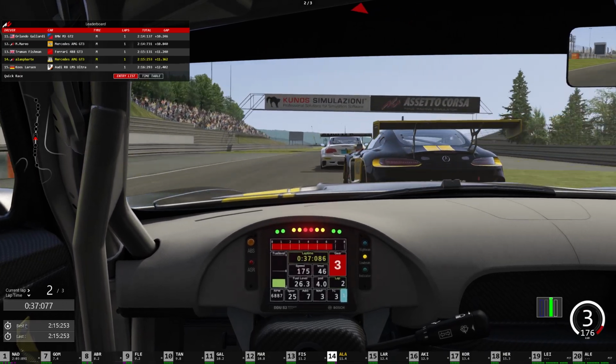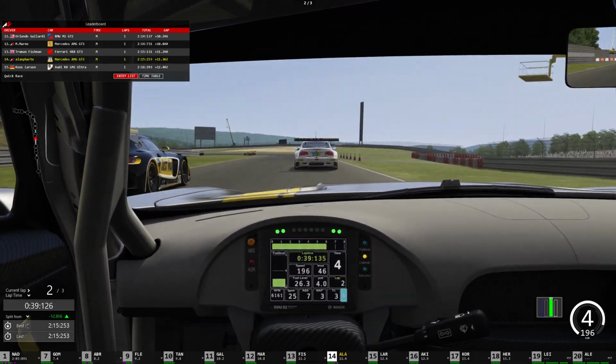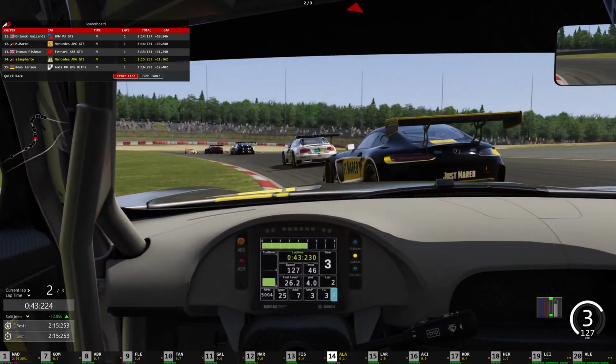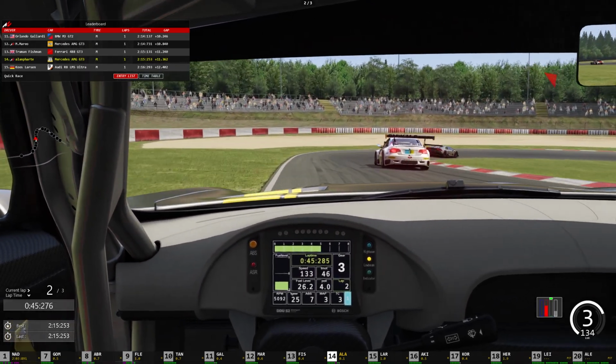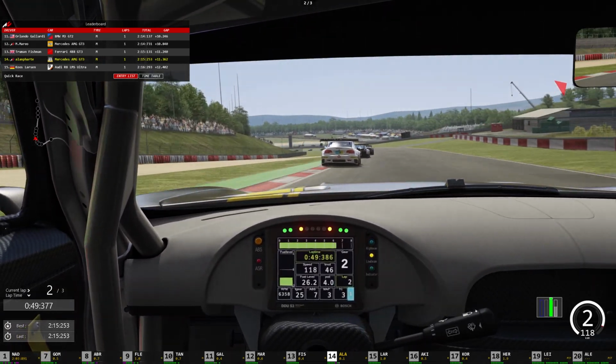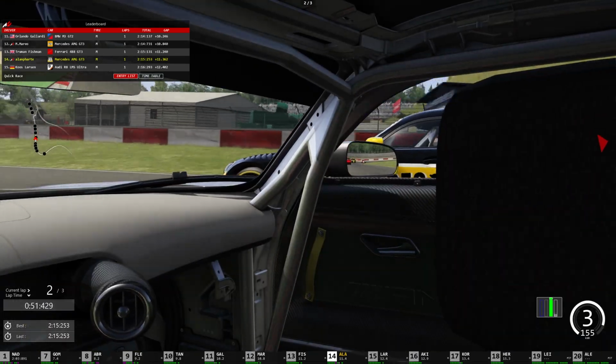They're assertive when challenged, going defensive and sticking to the inside line on corners. As you can see here with the Mercedes ahead of us actually holding quite a strong defense around turns 5 and 6. This assertiveness is what has been missing in the previous 3 sims and really adds a lot to